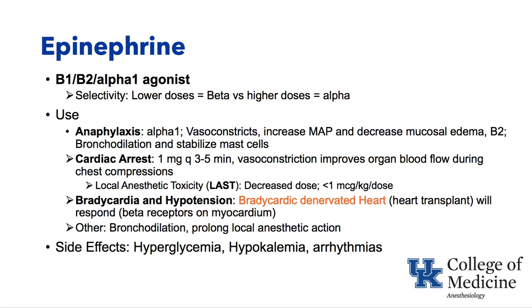During anaphylaxis, the alpha-1 effect of epinephrine causes vasoconstriction, increasing the mean arterial pressure, which tends to be down, and decreasing mucosal edema, which tends to be increasing. So the alpha-1 effect is beneficial, but the beta-2 effect is also beneficial because it results in bronchodilation. Anaphylactic patients are often wheezing. And very importantly, the beta-2 effect results in stabilization of mast cells, so they stop releasing all the junk that's